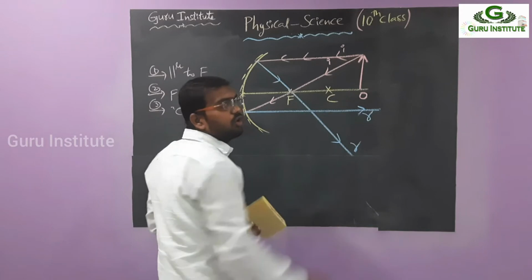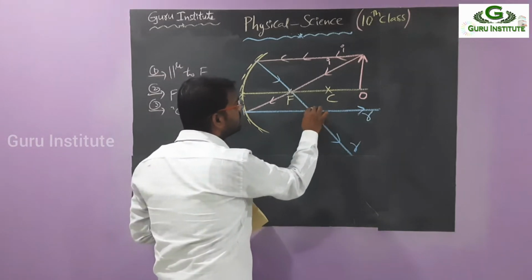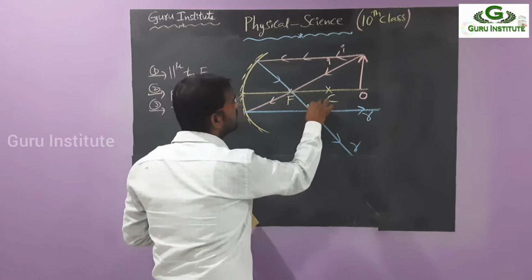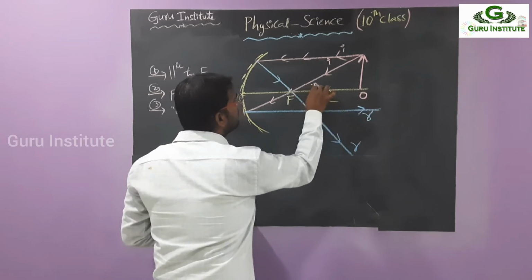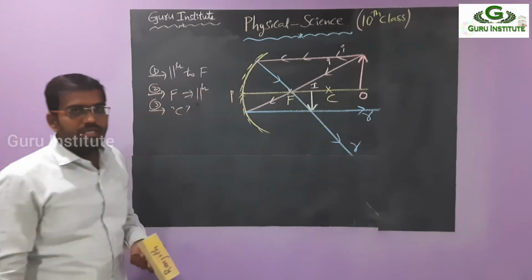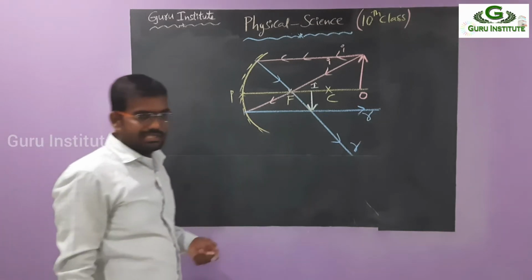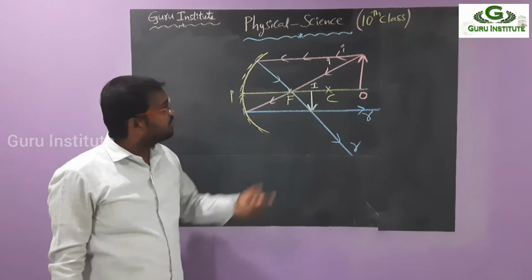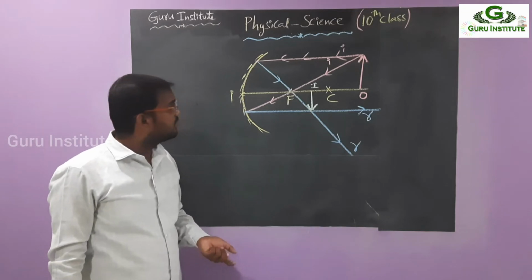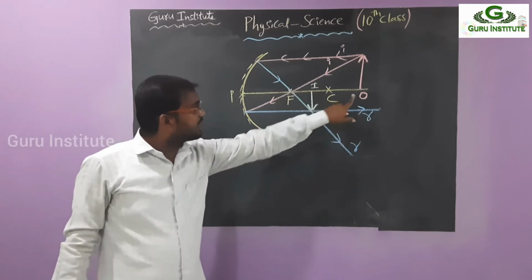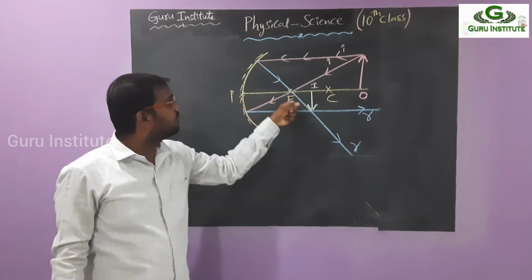I am taking the top of the object. Where is it projected? At the bottom, right? So here the object is projected at the bottom, like this. This is the object, this is the image. This is the basic figure of the concave mirror. We have already seen this in the last classes. What do you observe from here? From this only we have to learn about the nature of the convex mirror and concave mirror. This is the concave mirror. The object size is large and the image size is small. This is the pole, focus, and center of curvature.